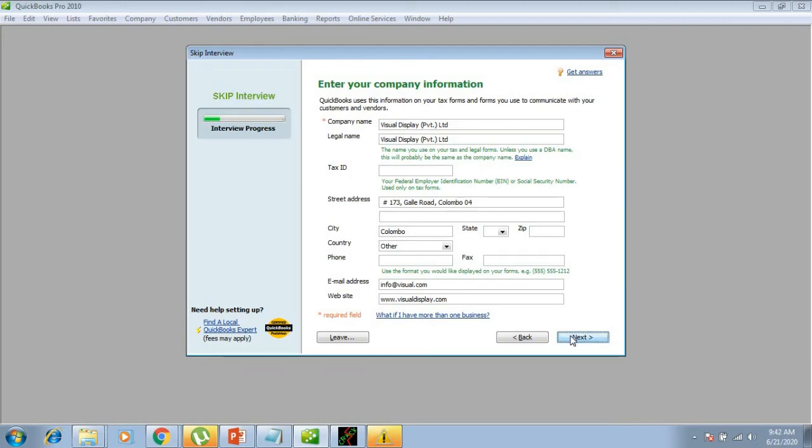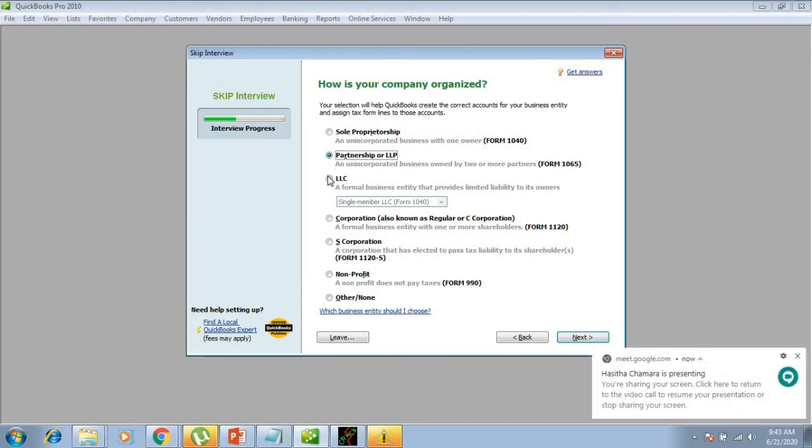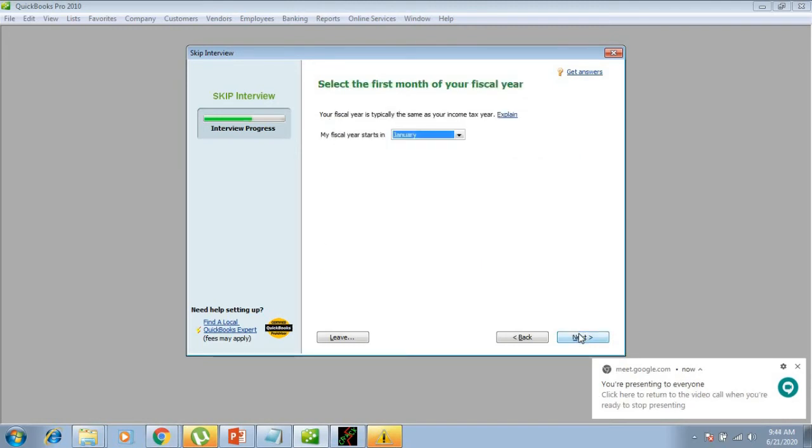In the next screen you have to select how your company is organized. So several options are there. First one says sole proprietorship, which means if it is owned by a single owner, that is known as a proprietorship company. And you also have some other types as well: partnerships, limited liability companies, non-profit organizations, like that. So now here I am going to select other none, which is a general business type which you can use for any kind of company. So I am going to select the other none type, which is at the end.